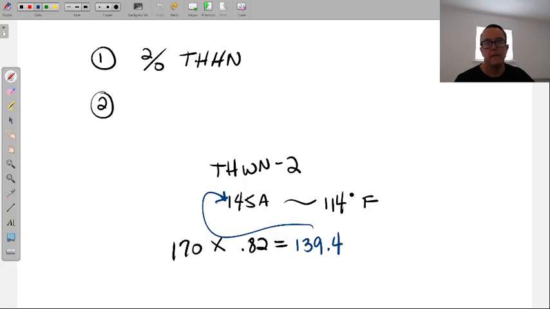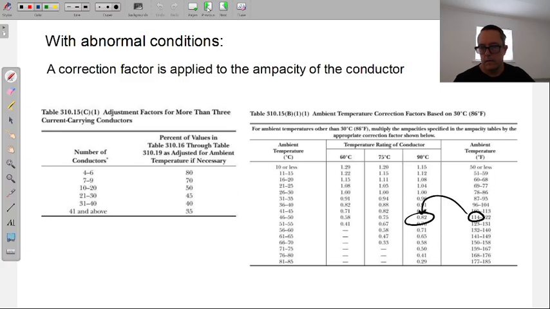Because the 75 degree is 0.82. Its temperature is 114. Yeah, it's 114. No, yeah, I mean, I'm looking at it here unless I have the wrong table. No, you've got to look at the wire, the THHN. The adjustment and the temperature, 114. That's where it's doing that. You use the 90 degree from the THHN. Oh, I'm using the wrong one. I see it. Never mind. I'm looking at 13. Never mind. Sorry. No, good, no worries.